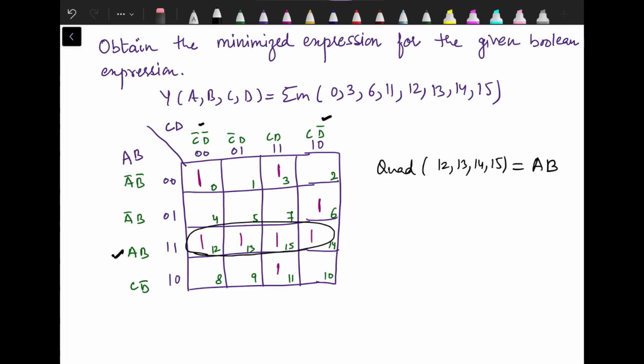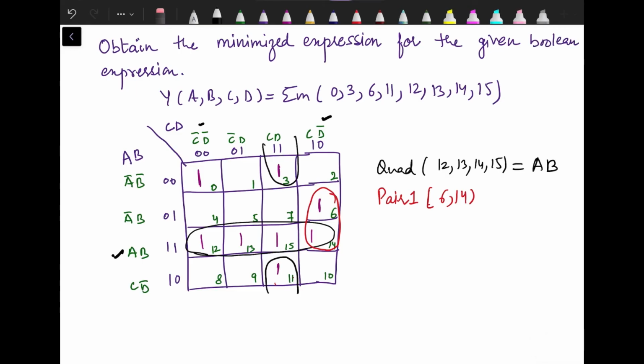Then what options do we have? We can combine 6 with 14 to make a pair of 6 and 14. Also, we have the 11th minterm over here. One can say that they can make the pair of 11 and 15. This could be possible if we didn't have minterm 3 over here. Since minterm 3 is there, we need to make the pair of 3 and